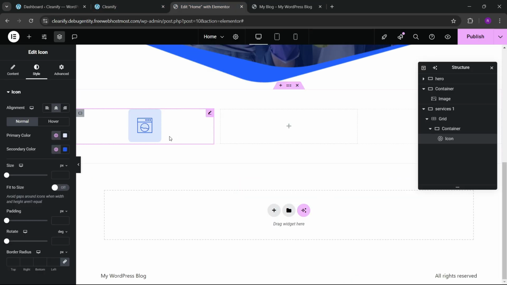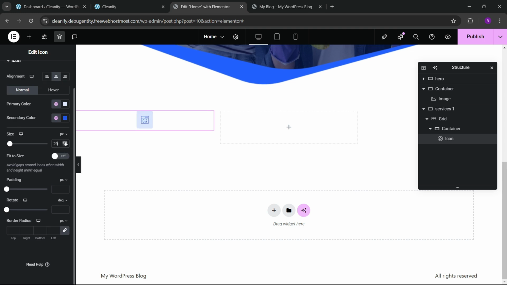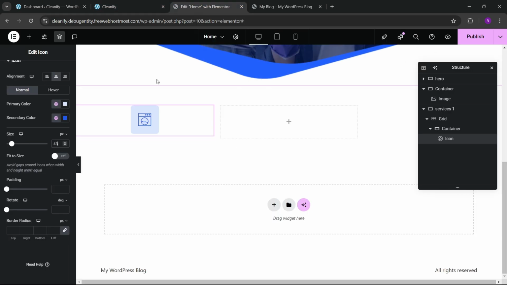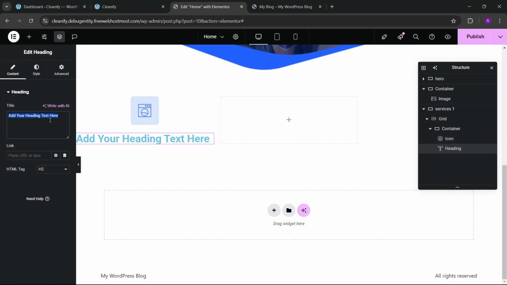Okay, so this is almost looking similar now. So now we have to just make the font size a little bit smaller like this. Okay, so let's make the font size 43. Now we can add a heading here. So let me drag and drop this, and here we can write